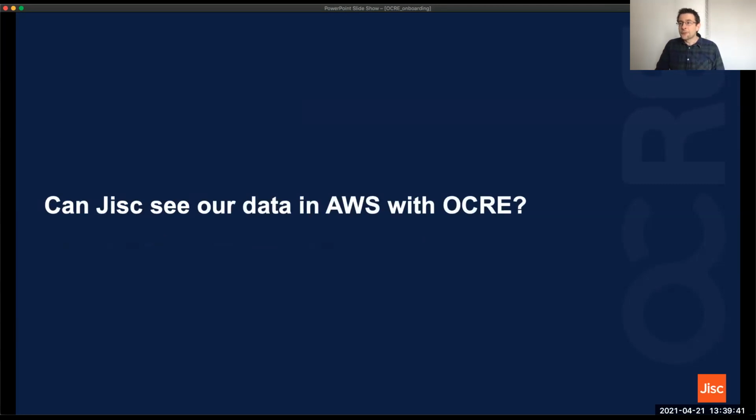Okay, so can Jisc see our data in AWS with OCRE? The classic architect answer: it depends. You've seen that there are roles that we would apply to the account, and there are certain levels of access privilege that we need to do actual managed service and these kinds of things. So technically we could see the data at that point. If we've got a managed service in some of this stuff, then yes, possibly. What we do not do is work at that level typically. We very much work at the infrastructure level. We don't really work